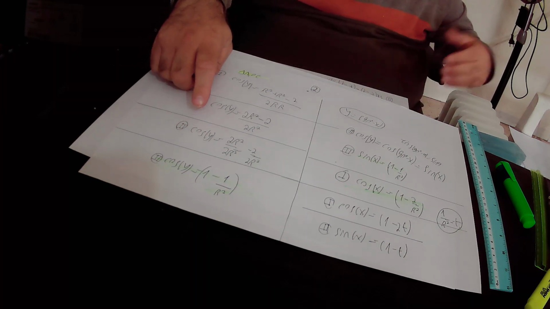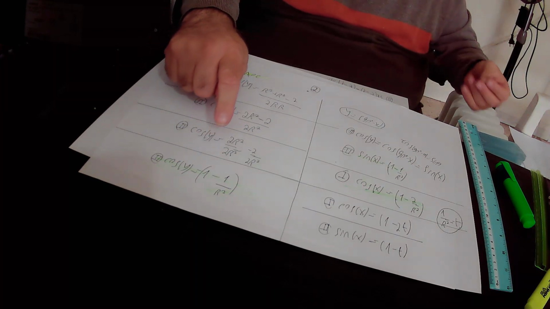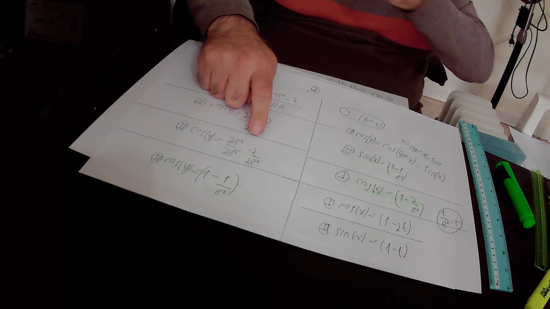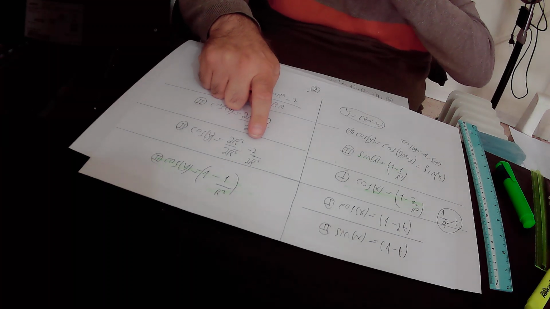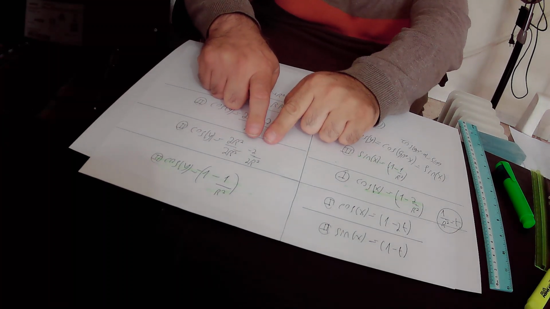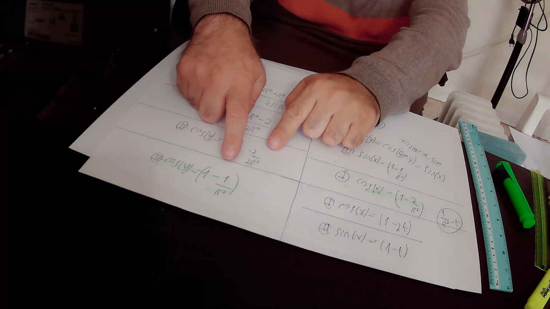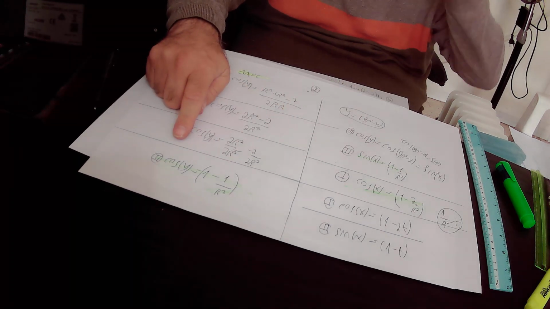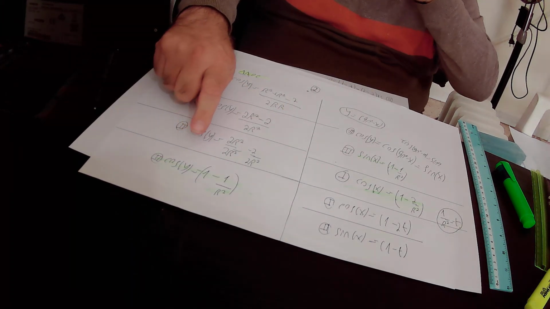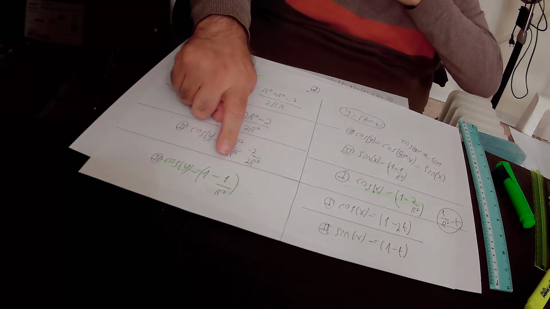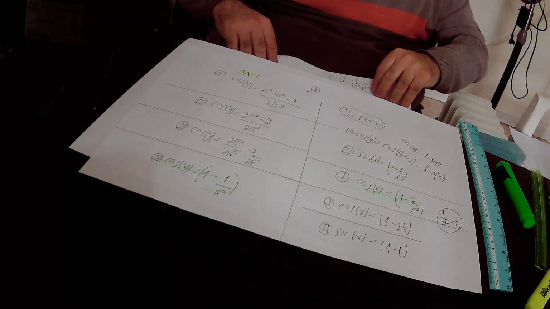So cosine y equals 2r squared over 2r squared is 1, and minus 2 over 2 is minus 1. So in the numerator we have minus 1, in the denominator we have r squared. So according to equation number 2, we found out that cosine y equals 1 minus 1 over r squared. Okay, then